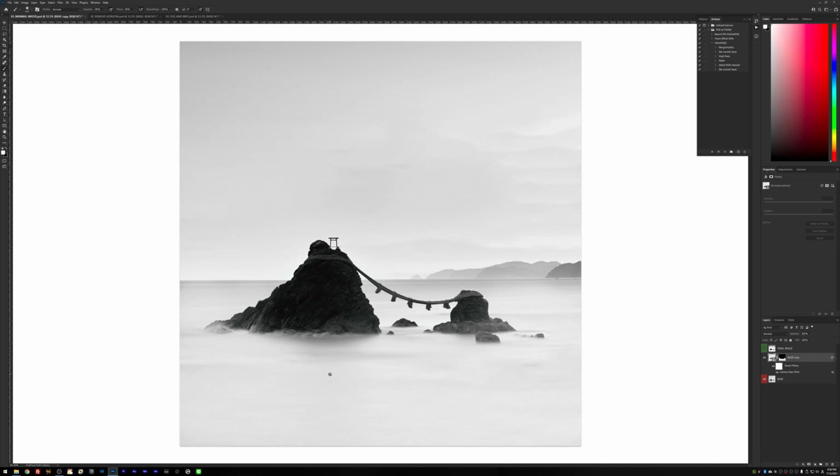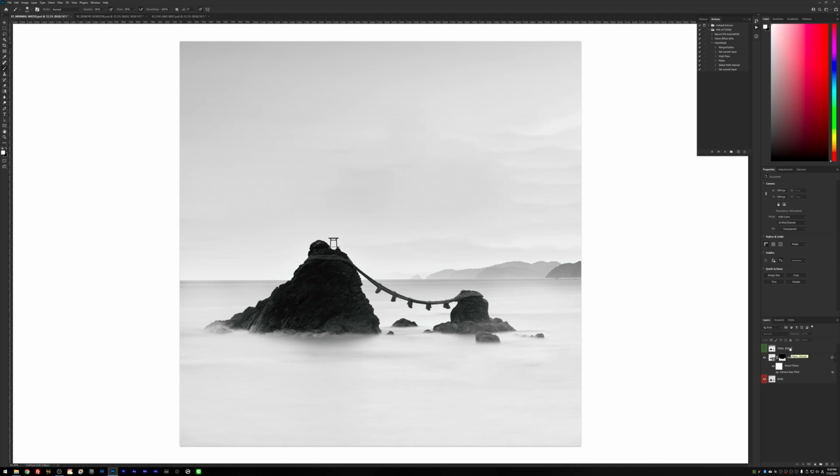So as you can see, now this is not perfect because I just did it in 30 seconds just to show you, but if you do it properly, it's gonna make this part of the image, this water, much more minimal and more suitable to the scene. So what I did after that is I did my usual vignetting.